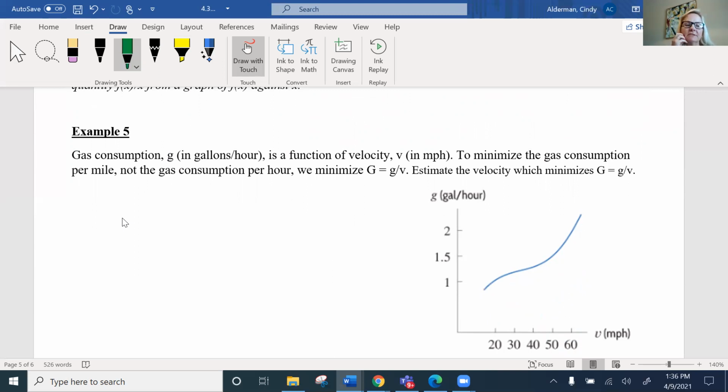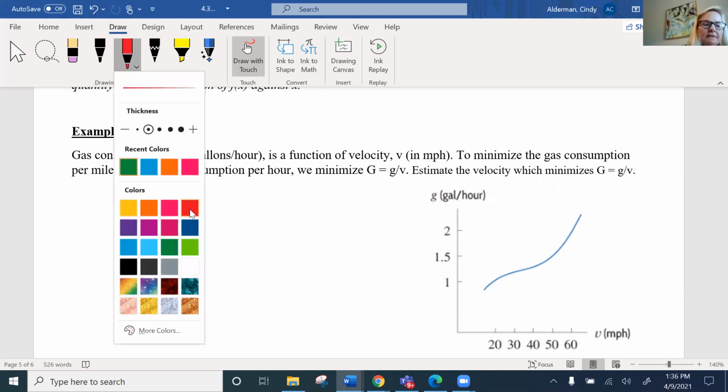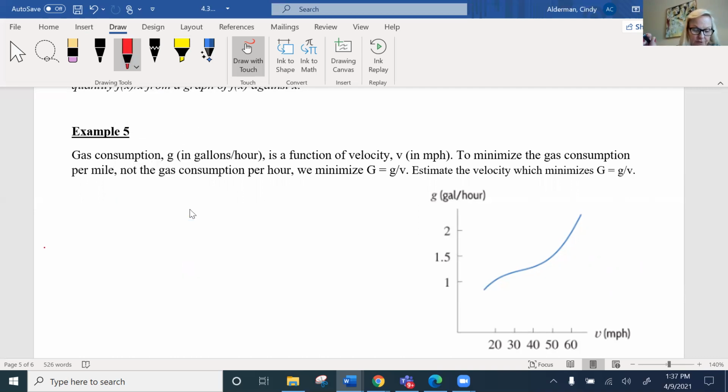We've got gas consumption in gallons per hour as a function of velocity in miles per hour. So to minimize the gas consumption per mile, not the gas consumption per hour, we're going to minimize the rate here. And we're talking basically about the slope. So I think this will be more clear once we've drawn some pictures here. But if we take the slope of gallons to velocity,